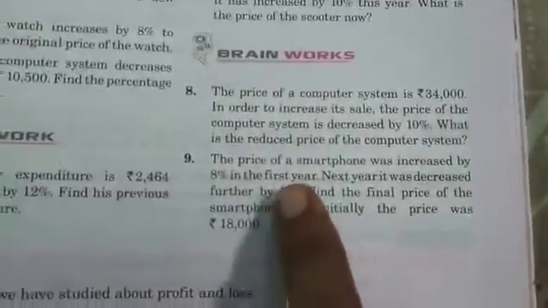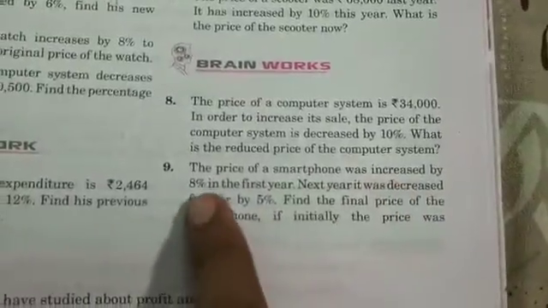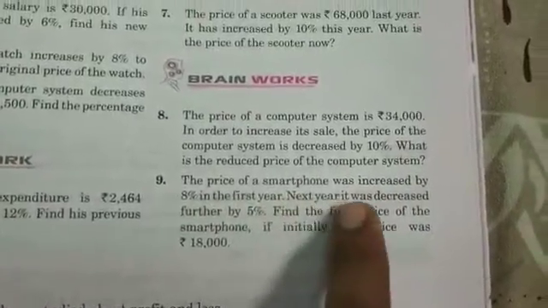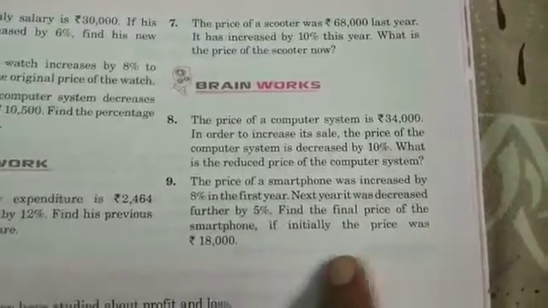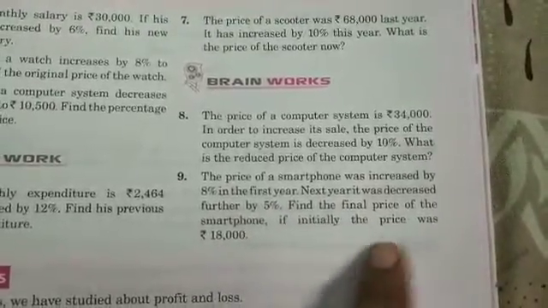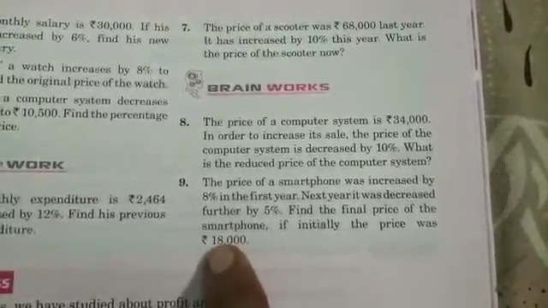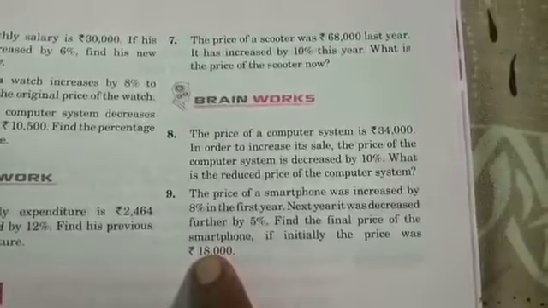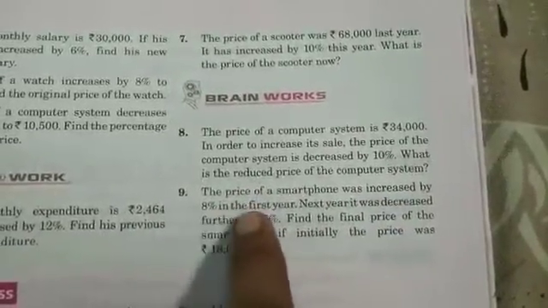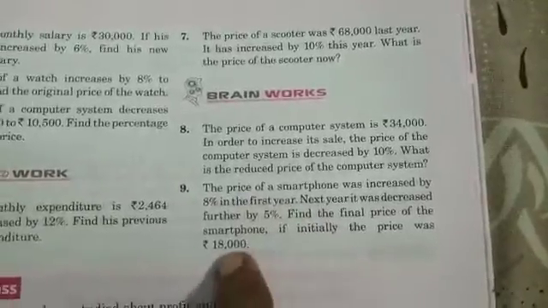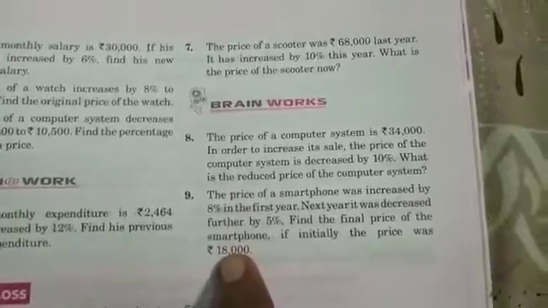Question number 9, you try it yourself. The price of a smartphone was increased by 8% in the first year. Next year it was decreased further by 5%. Find the final value of the smartphone if initially the price was 18,000, that is, the original value was 18,000. The price of the smartphone was increased by 8% in the first year, so first you have to find out what is 8% of 18,000. Whatever value comes, you